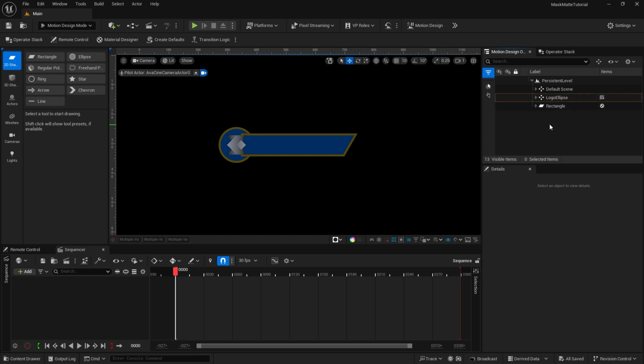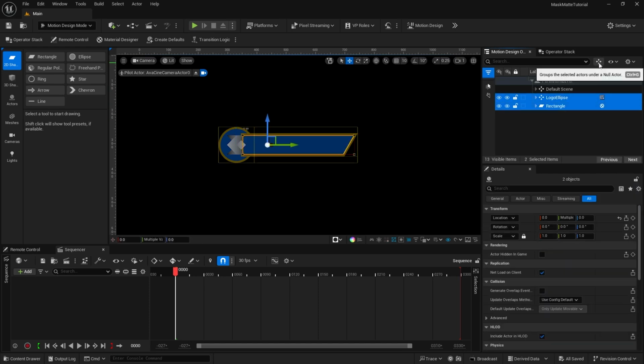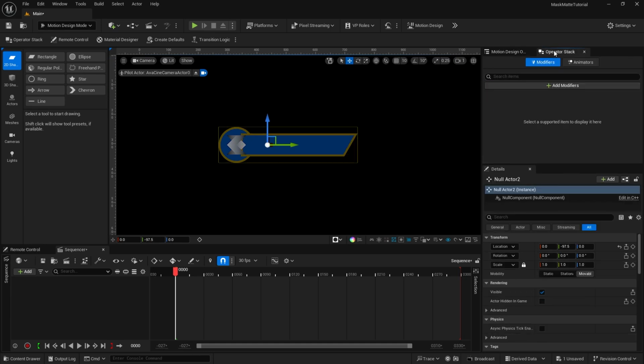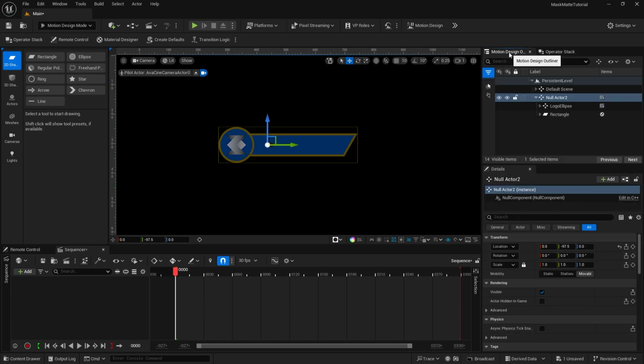To fix that, I'm going to use the translucent priority modifier again. I'm going to wrap up these two into another null, and then I'll add that modifier to that null object. I'm going to jump back into the motion design outliner, and I'm going to label this null actor as lower third. I'm going to close this up, and we have one more thing we need to add in real quick,